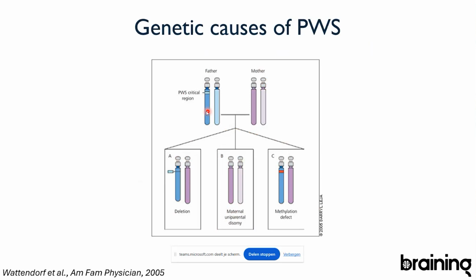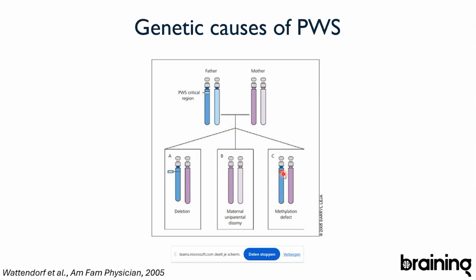So normally, as you know, you get 1 chromosome from the mother, 1 chromosome from the father. Normally, they're only expressed on the paternal side, and they are silenced on the mother's side. However, what sometimes happens is there is a mistake, and they're also silenced on the paternal side. So that means that those genes are neither expressed from the maternal side, nor expressed from the paternal side,